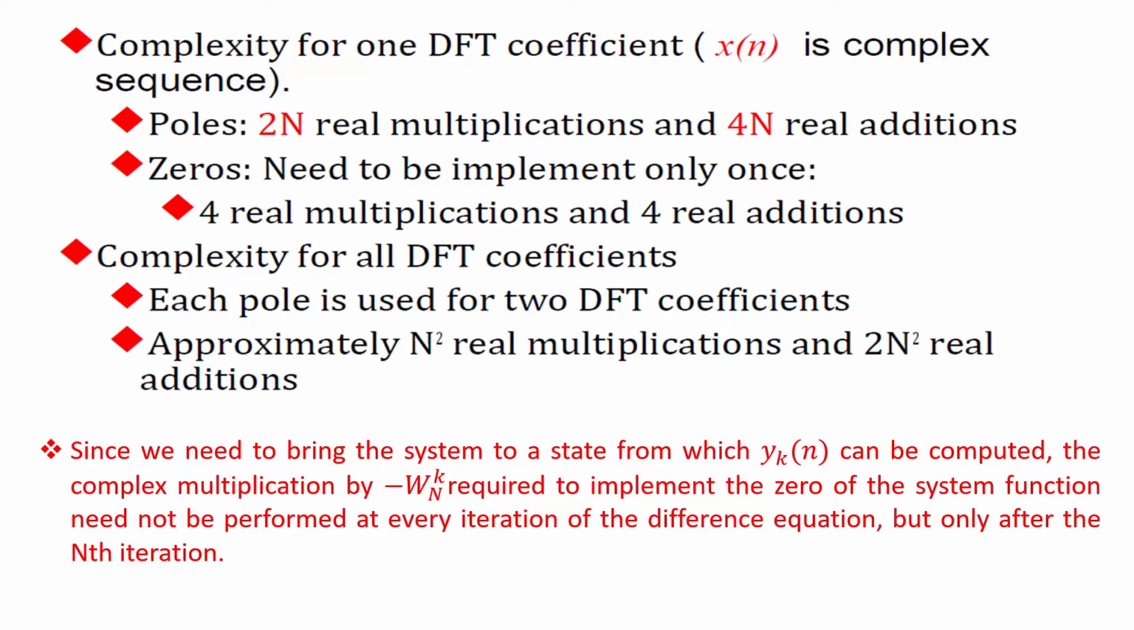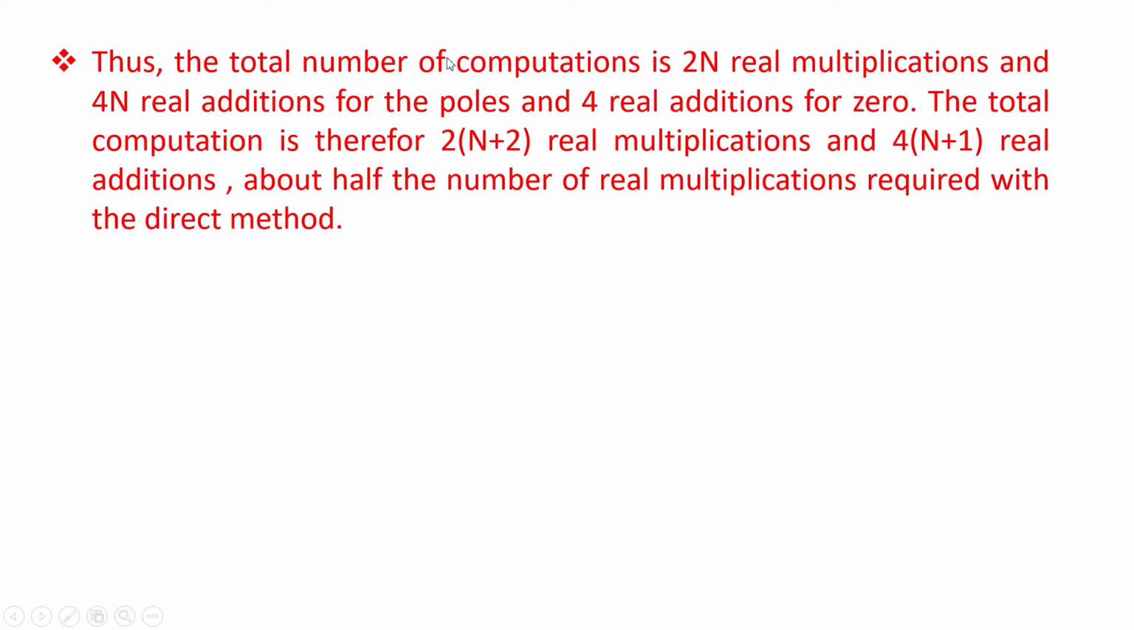Now let us look at the final advantage. In the implementation of the Goertzel algorithm, the total number of computations is 2N real multiplications and 4N real additions for the poles, and 4 real additions for the zero. Therefore the overall number of multiplications becomes 2 into N plus 2, and 4 into N plus 1 real additions, which is about half the number of real multiplications required with the direct method. So here is the advantage